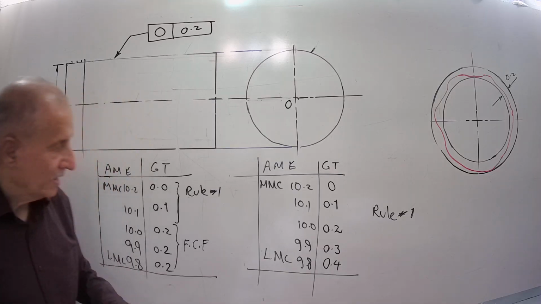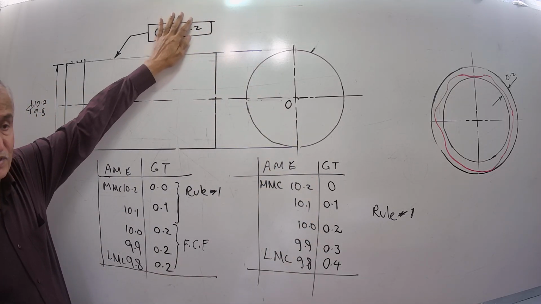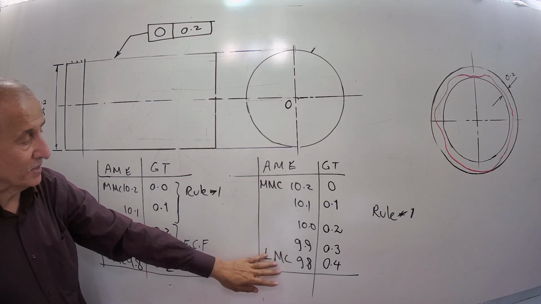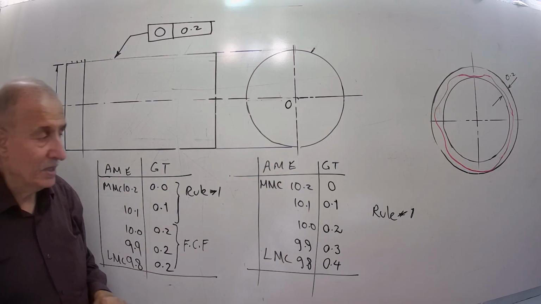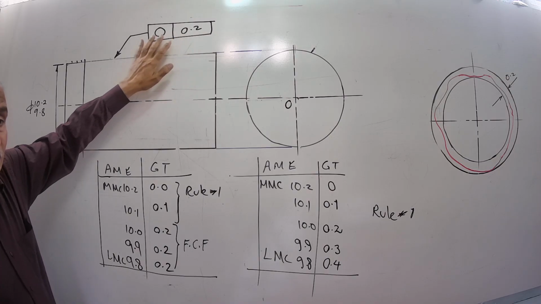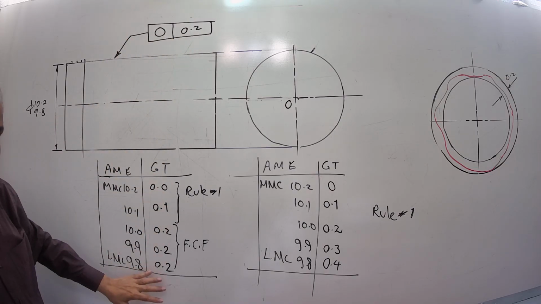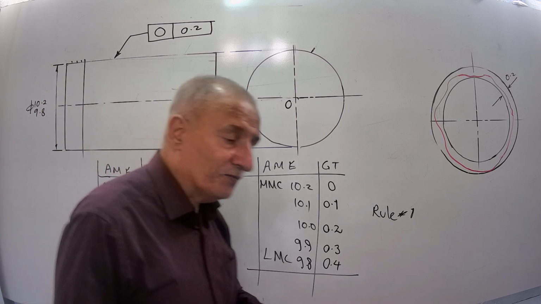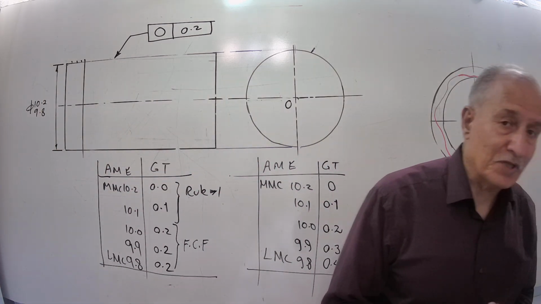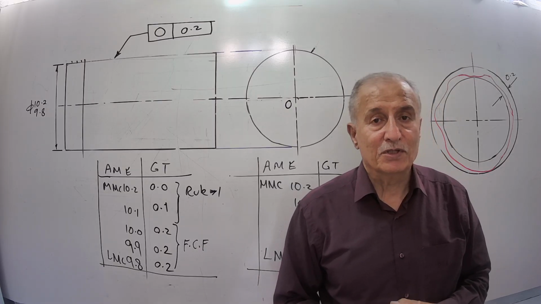Then, if only rule number 1 applies and no geometric tolerance is specified, we have this information for the part. If besides rule number 1 the geometric tolerance by feature control frame also applies, then we have these tables. Some of the sizes are controlled by rule number 1, and some of them are controlled by